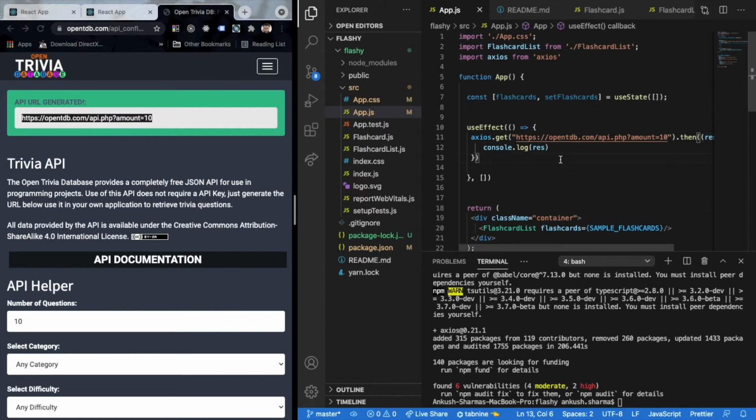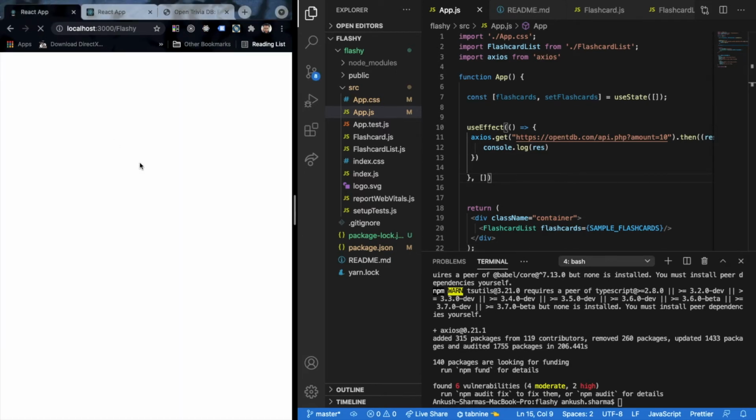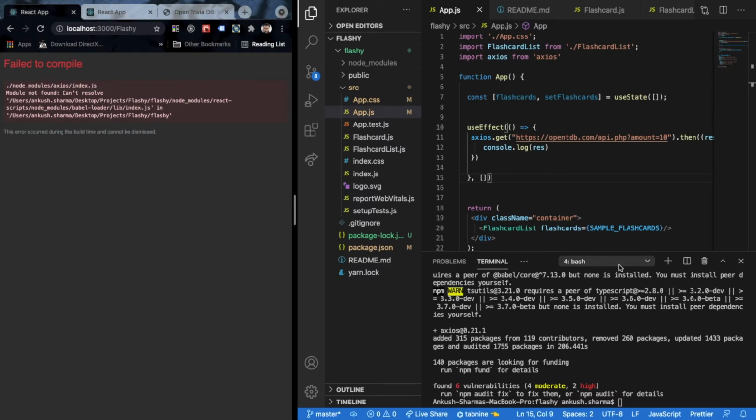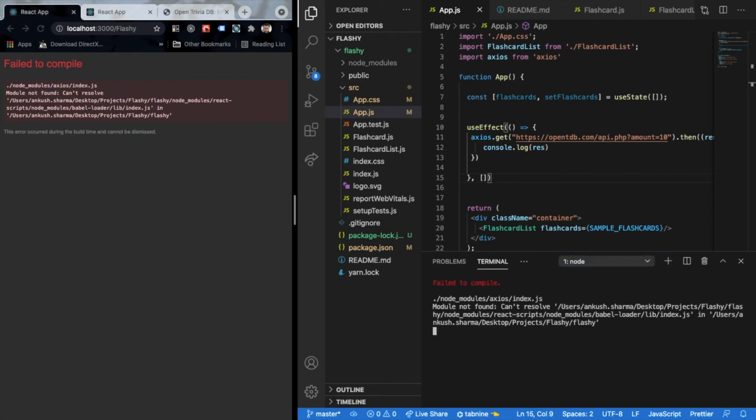Now that our Axios library is installed, let's see how this is running on our React app. So I'll have to probably rerun everything over here. Let's go back and reload our app.